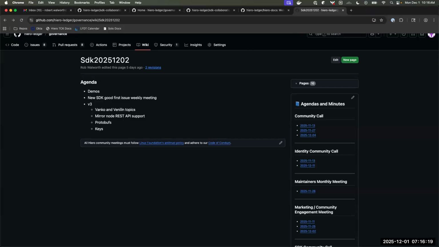So is there another call where V3 is discussed with the community? No, so currently it's discussed in that call. We had the keys, so not keys, but public and private keys bottleneck. To make it clear that it's not keys being here in the meeting. I always say it when talking about keys, because for me, I spell both exactly the same.